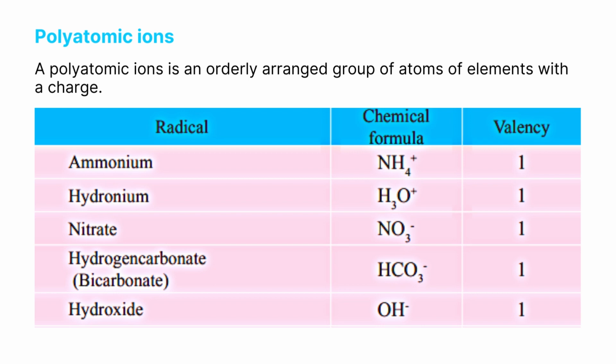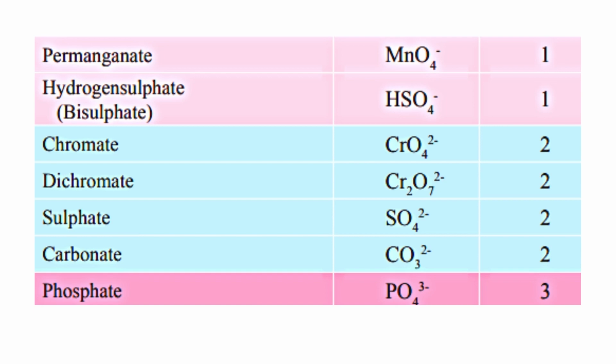Ammonium, NH4 with a plus charge, so its valency is 1. Hydronium, H3O with a plus charge, so its valency is 1. Nitrate, NO3 with a minus charge, so its valency is 1. Hydrogen carbonate, bicarbonate, HCO3 with a minus charge, so its valency is 1. Hydroxide, OH with a minus charge, so its valency is 1. Permanganate, MnO4 with a minus charge, so its valency is 1. Hydrogen sulfate, bisulfate, HSO4 with a minus charge, so its